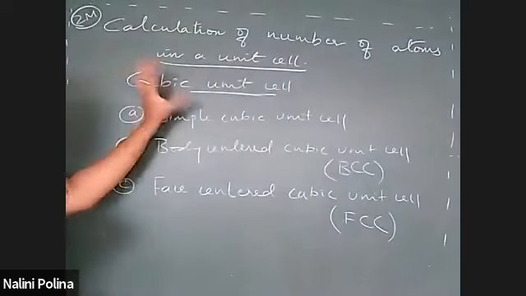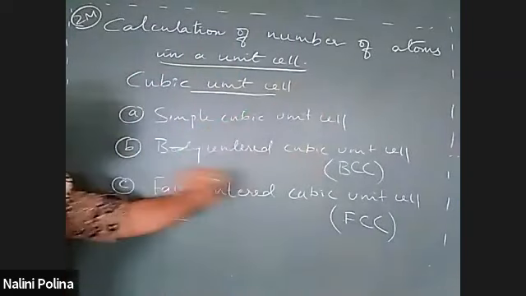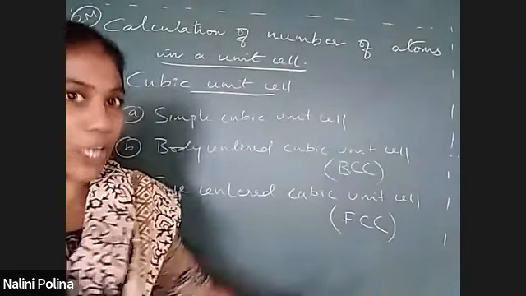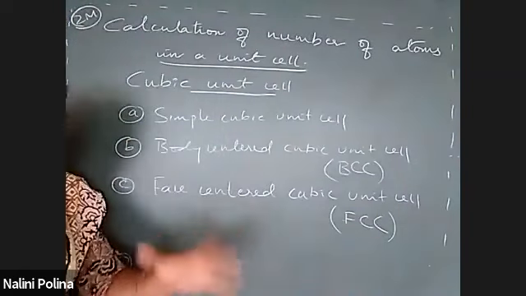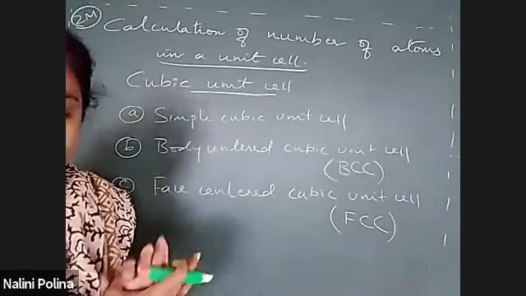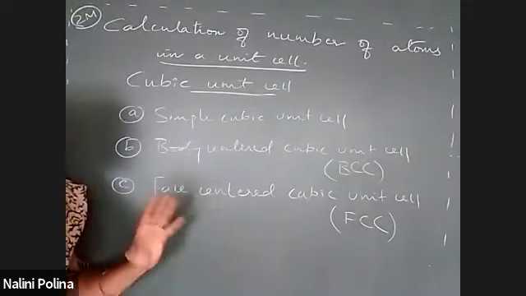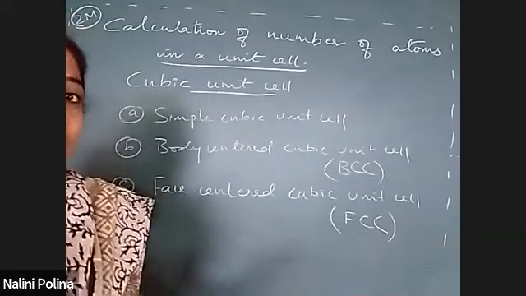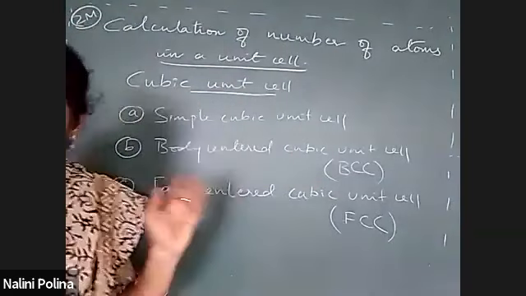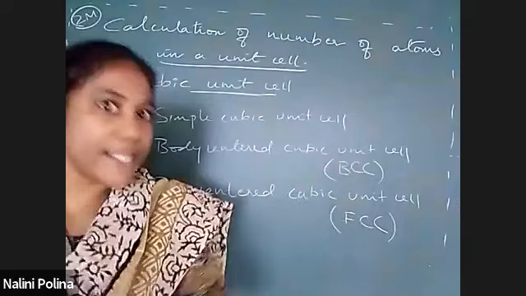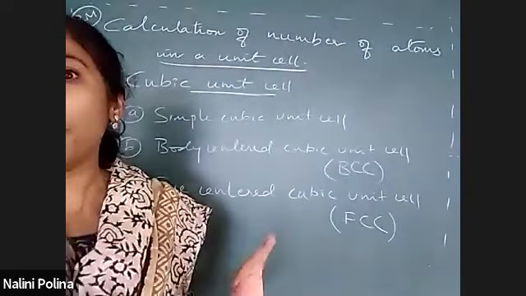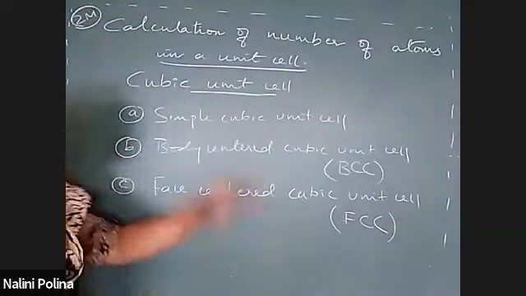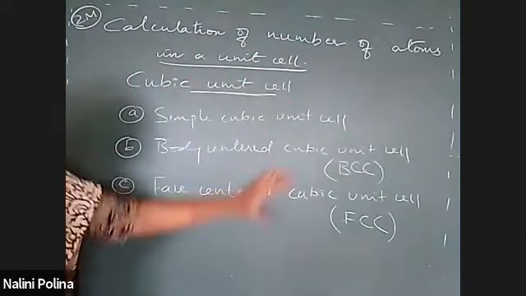Under cubic unit cell we have 3 types. For cubic unit cell, end centered is not possible. Actually, end centered is another type we discussed for unit cell, but that particular unit cell doesn't exist in our nature so far. Any cubic lattice solid does not have an end centered unit cell. So normally we say any cubic unit cell can be of 3 types.